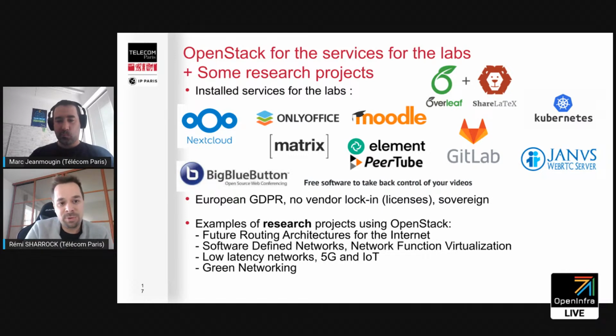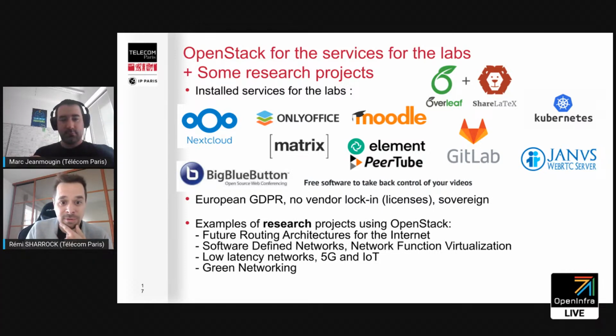And some of the services we have are used for the faculty. Like Nextcloud, the alternative of Google Drive, for example, or OneDrive. We have plugins like OnlyOffice that is almost the same as Google Docs or Google Sheets. We also have online courses on Moodle, an equivalent of Overleaf, ShareLaTeX, which is, I think, the open source code of Overleaf to collaborate on LaTeX documents.